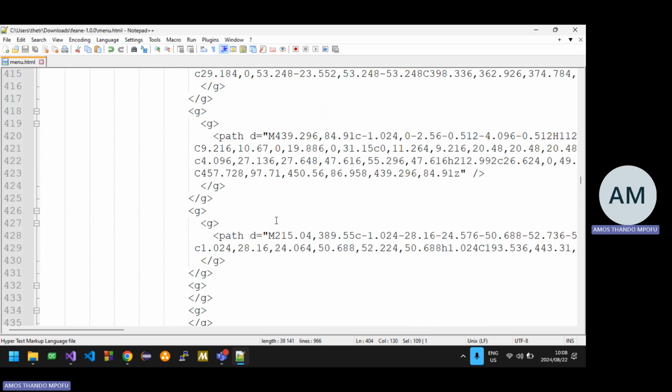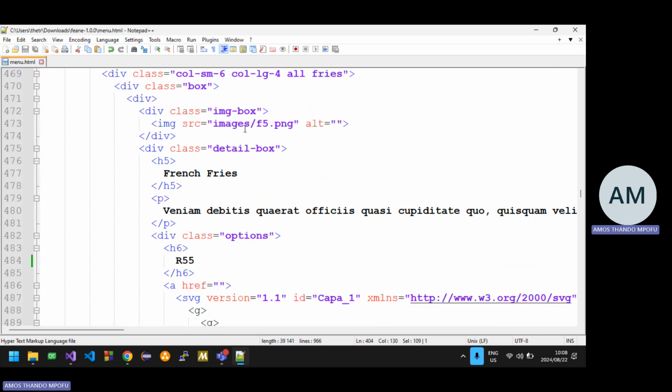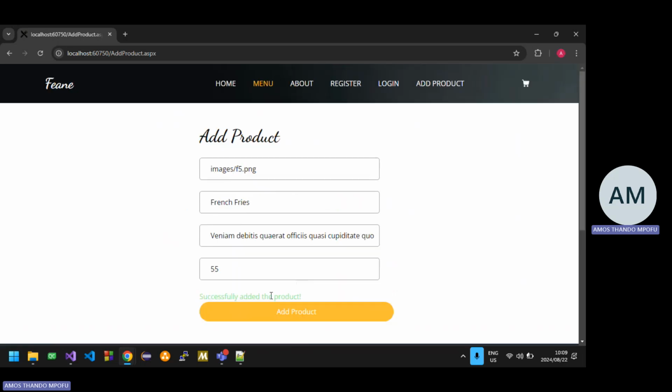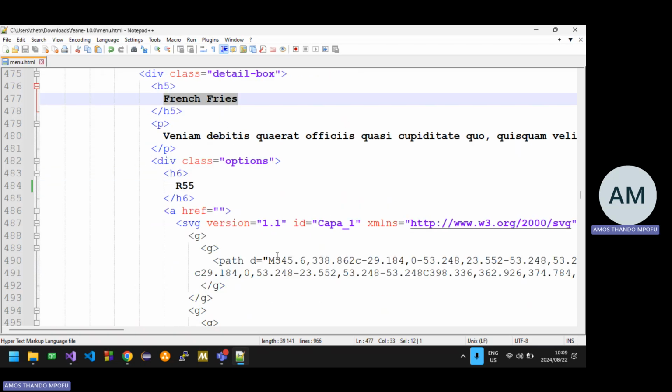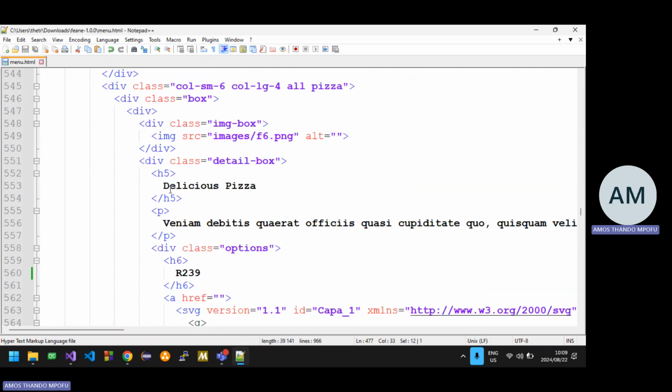And then scroll down. This is basically how you're gonna add the products. You see, F5. French fries, 55 Rand, right? So it's French fries, 55 Rand. And the product description is the same, so I'm just going to leave it as it is. But then remember it's F5. And then add the product, successfully added the product. And then scroll down, F6,